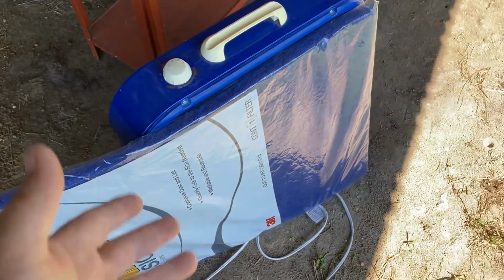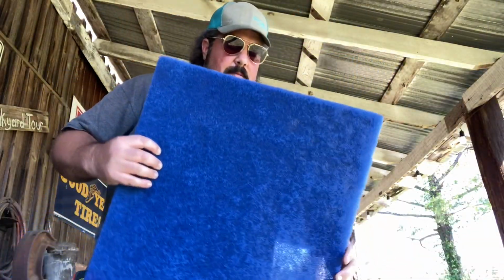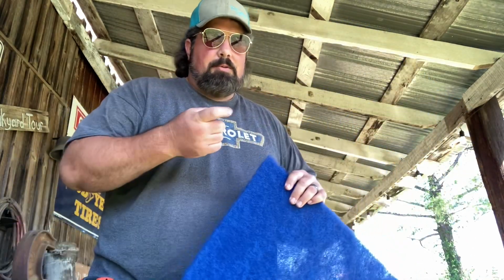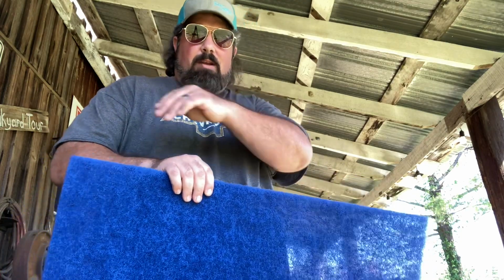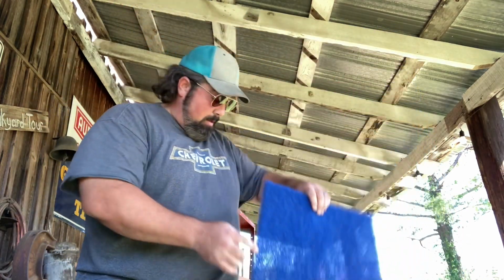Man, that is the perfect height. All we've got to do is trim the side and tape it on. I also forgot to mention that we've got to somehow spray water onto this. Just for an area where you're sitting, you could use a spray bottle, but in the future, I'd like to build something that drips the water onto it. You can see how much light comes through that,